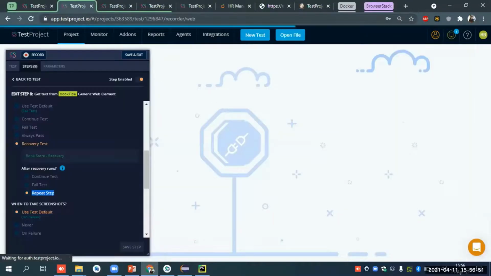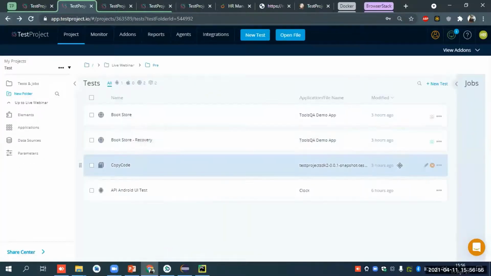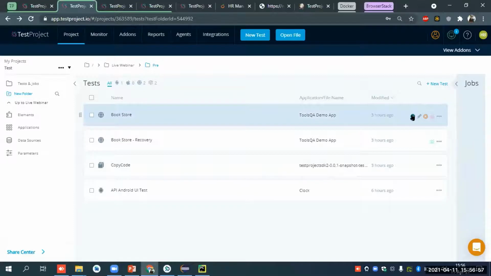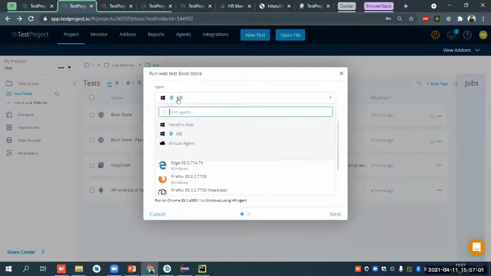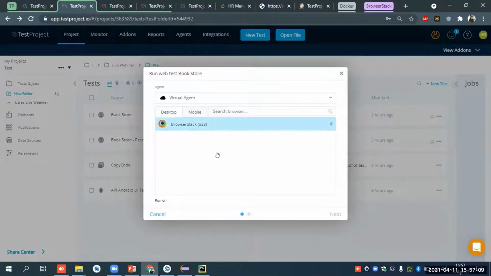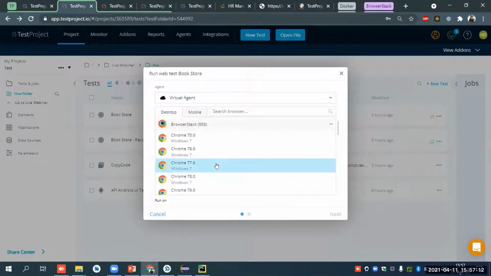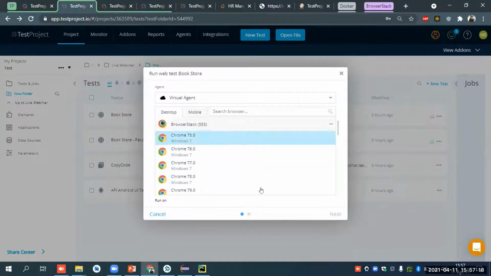Okay. So after that, what will I do? I will select any test case. Let's run this test case. And in the agent section, you will see one more agent known as a virtual agent. So what it will do, it will open the BrowserStack supported devices. In BrowserStack, you can run on different versions and all of the browsers. So I will just select one of the browsers, Chrome, and hit next